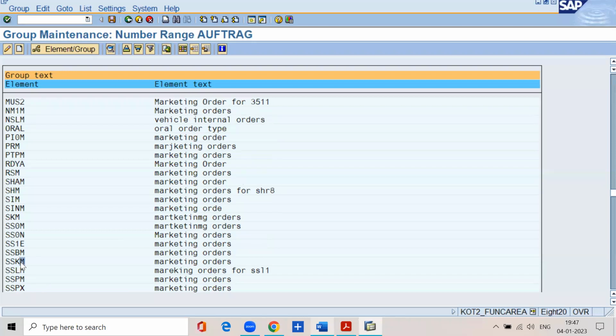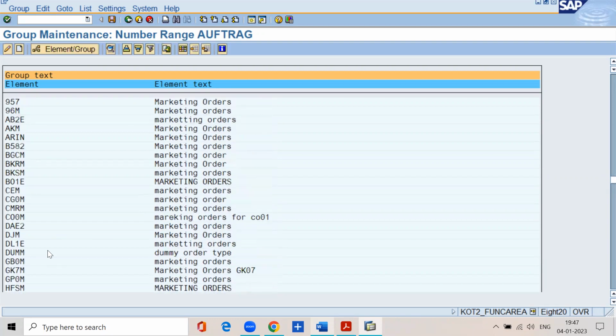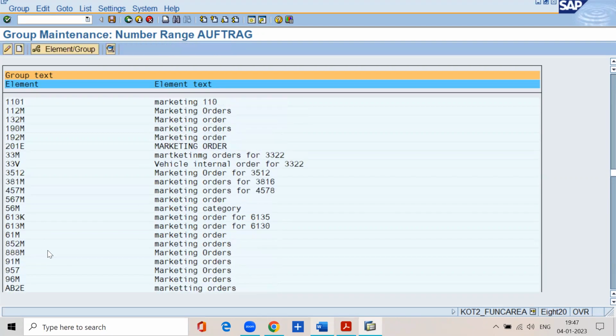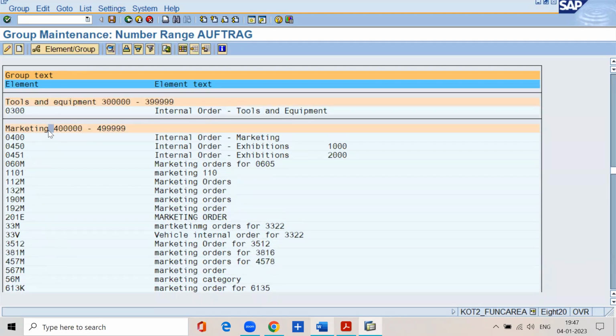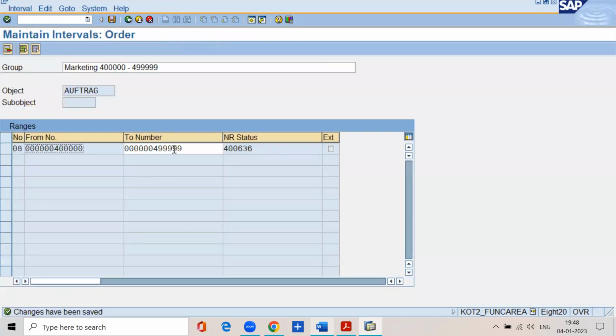SSKM, the internal order type, was assigned. This number range group was already defined in the system. Keep the cursor here, click on the change button. Okay, first you have to save the changes. See here,